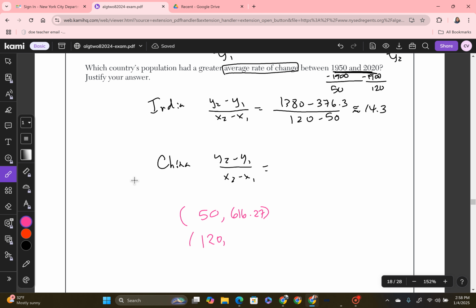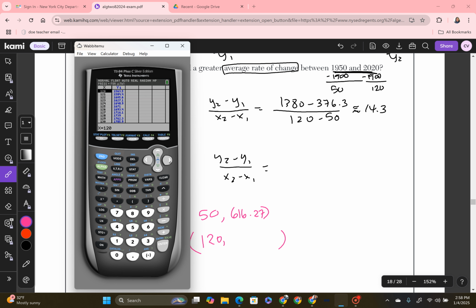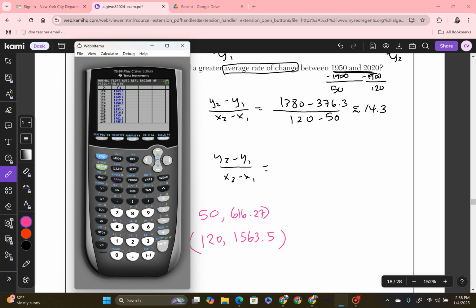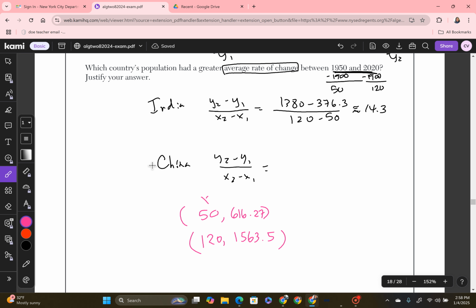So 120 comma, let's write down this one. This is 1563.5. And again, if you were to go over to that number, you would see the exact number, which sometimes would definitely be necessary. All right, so now here you could label x1, y1, x2, y2, and then you could